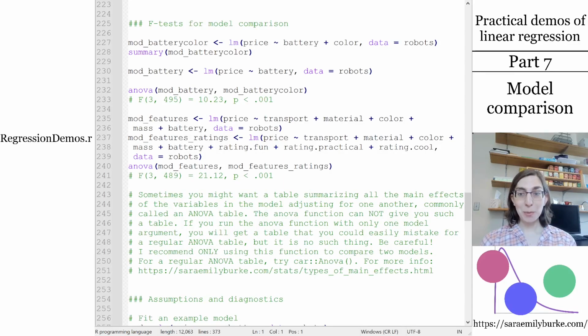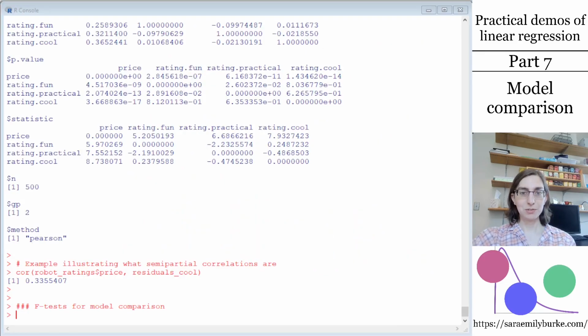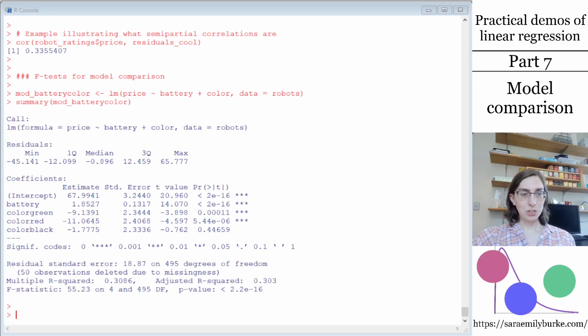In this part of the video, I'm going to talk about using F-tests to compare linear regression models, and I'm working with this part of the regressiondemos.R code file. So here we are in R, and for the sake of the example, I'm going to fit a model called mod_battery_color, which is a regression model that has battery and color predicting price. And I'm just showing the summary table of this regression model right now in order to ground us before we